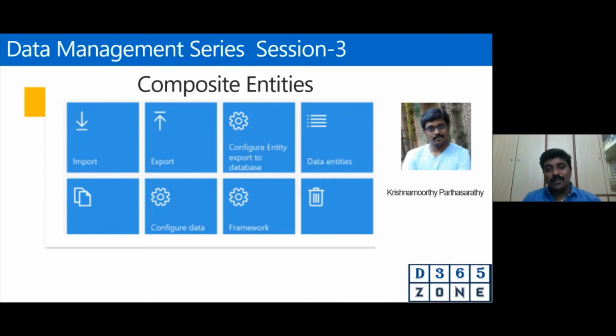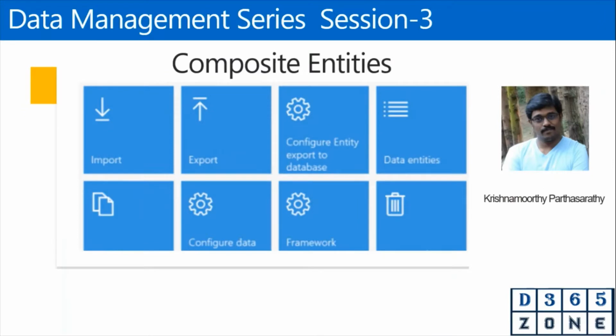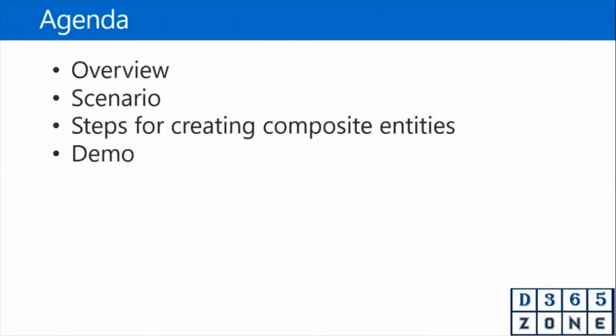So let's jump into the session and see the overview, and from there I'll take you on to the demo. I'm going to do it from a pretty scratch level. As the name specifies, composite, the process is actually very simple. We'll have to create two different entities and map them together. We'll go very step by step, and I'm going to explain why composite entities and how they're going to work. And we are going to take a scenario.